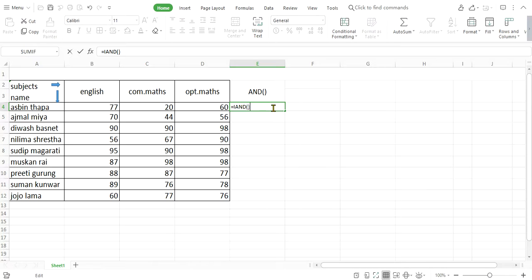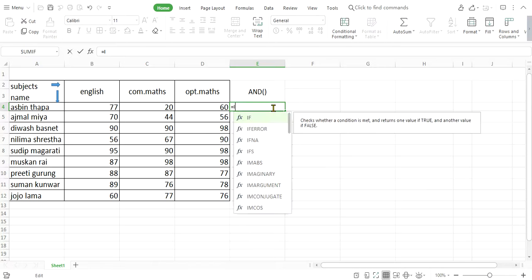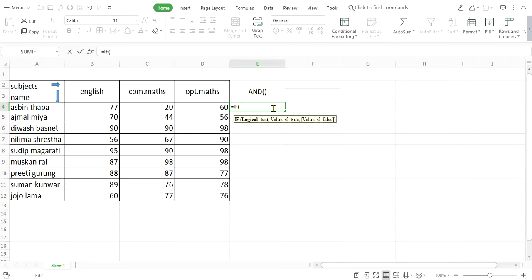Let me first erase this. Equals IF function, and let me take the AND function also. It is the combined form of IF and AND functions.